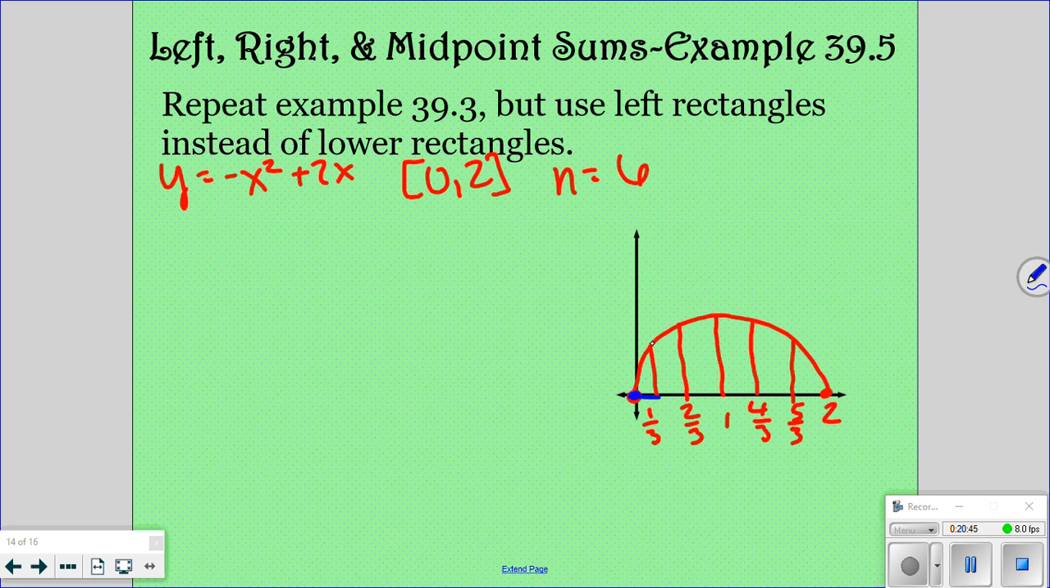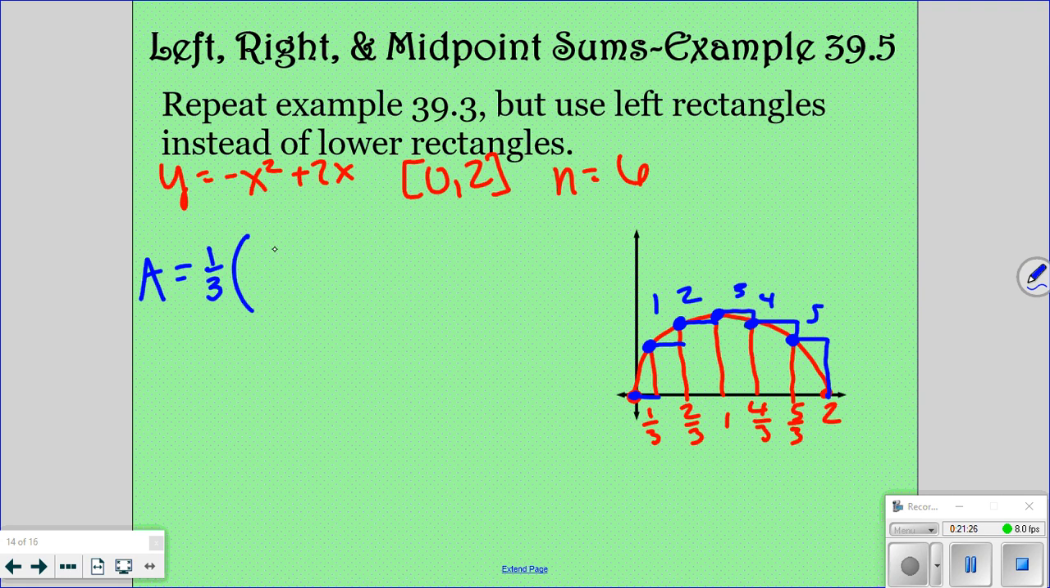There won't be a rectangle here. This one, we're going to start from the left side. So some of them are lower and some of them are upper, and that's okay. We don't have a rectangle here, but we have 5 of them total. So the base length is 1/3, and then we're going to have to find the area of the 5 rectangles. So we're going to plug in 1/3,